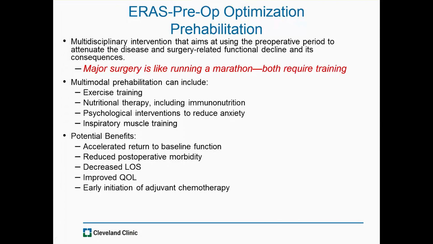Multimodal prehabilitation can include exercise training, nutritional therapy, psychological interventions, and inspiratory muscle training with an incentive spirometer. The potential benefits are accelerated return to baseline function, reduced postoperative morbidity, decreased length of stay, improved quality of life, and in patients with malignancy, early initiation of adjuvant